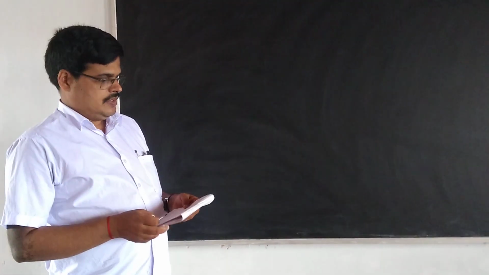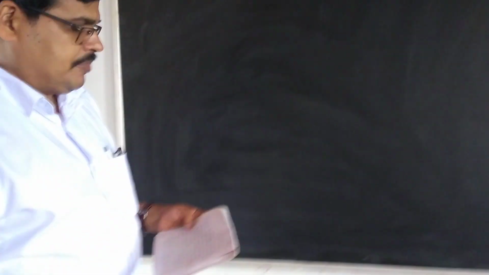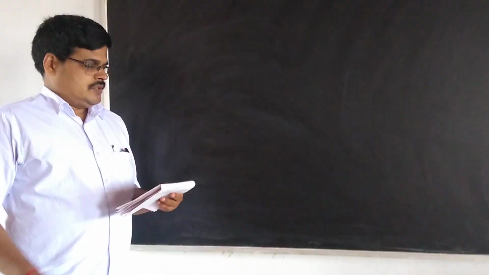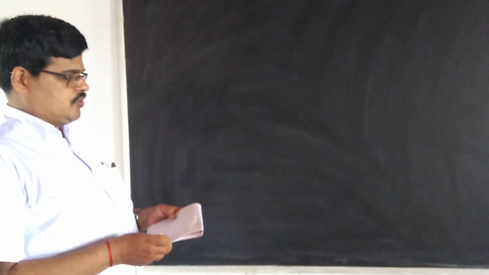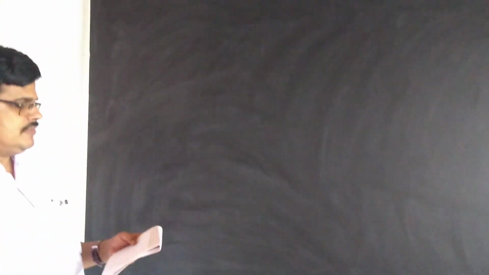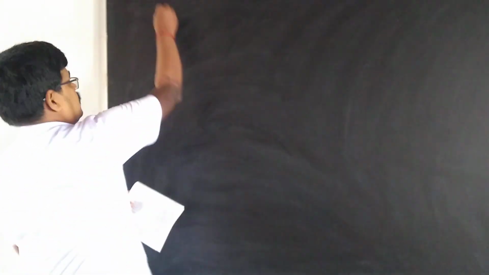Dear students, we are continuing to solve the April 2019 question paper, that is paper 2. In the last class we discussed some problems regarding Boolean identity. In this tutorial I will take up one problem, that is